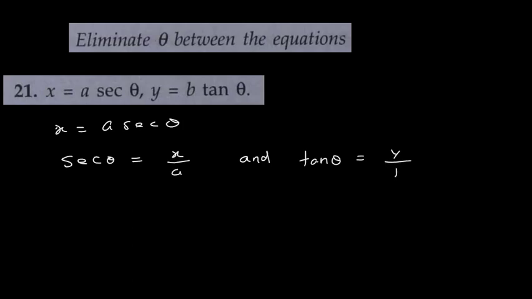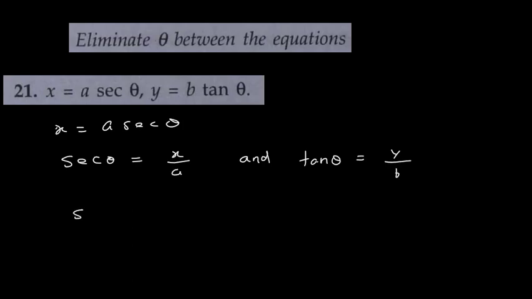x is equal to a sec theta is given and y is equal to b tan theta is given. Okay. So if you remember, there is an identity: sec square theta minus tan square theta is equal to 1. So in place of sec square theta minus tan square theta, I can replace 1. So let us do that here. x is equal to a into sec theta, so from here I will find the value of sec theta. This sec theta will become x upon a. And y is equal to b tan theta, so similarly this tan theta will become y upon b.